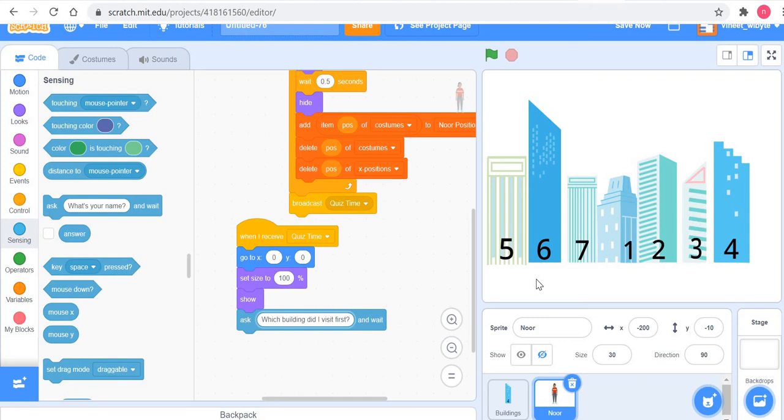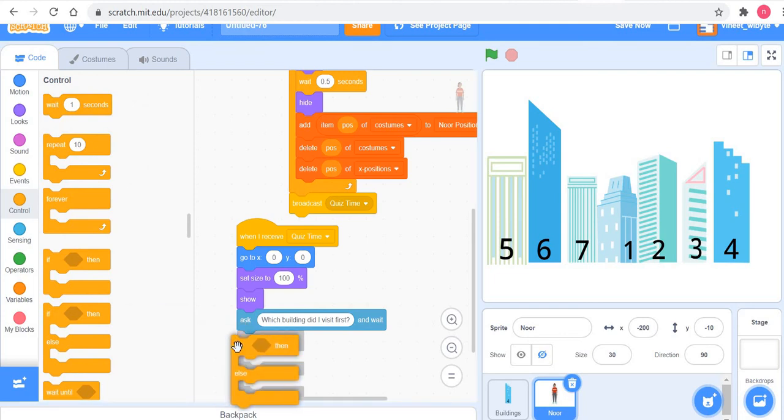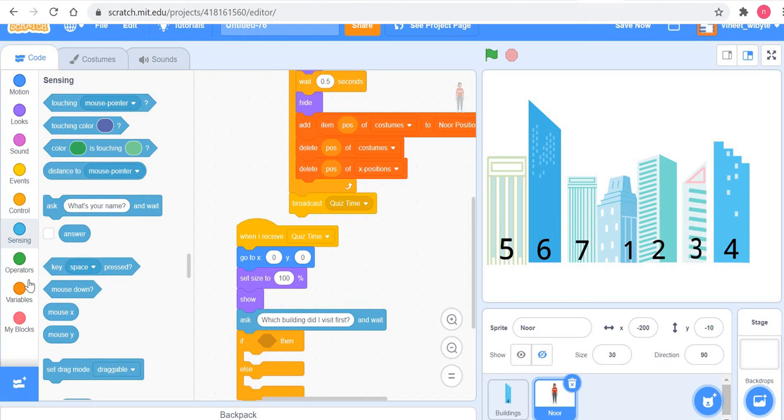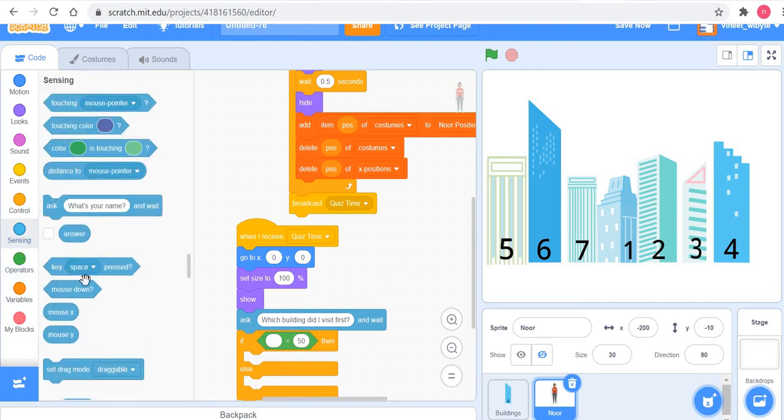So how do I know if the answer is correct or not? I can put an if else condition here and say if the answer is right. Remember, whatever we reply will be stored as answer. So I go to the operators, and in the sensing block, if answer is equal to, now remember Noor is maintaining all the buildings that it went to in this list called Noor positions, right?